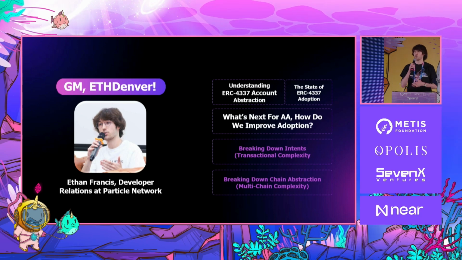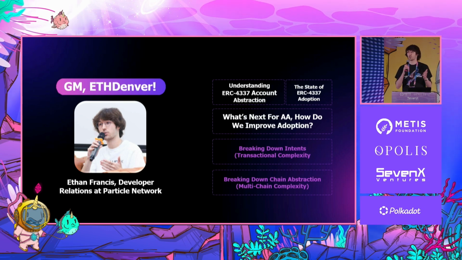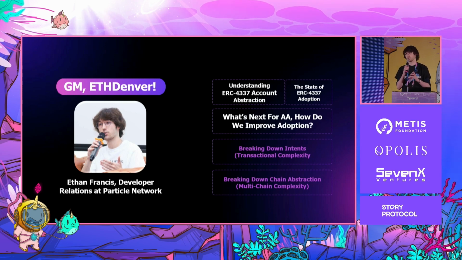From there, we're going to go through what's next for account abstraction. As you'll see within this second part, adoption hasn't been maybe as good as we have expected so far, or there could be some room for improvement. So how we're going to get to that point, how we're going to solve the remaining points of friction for account abstraction to make it truly a mainstream product that actually drives this idea of the next billion users.